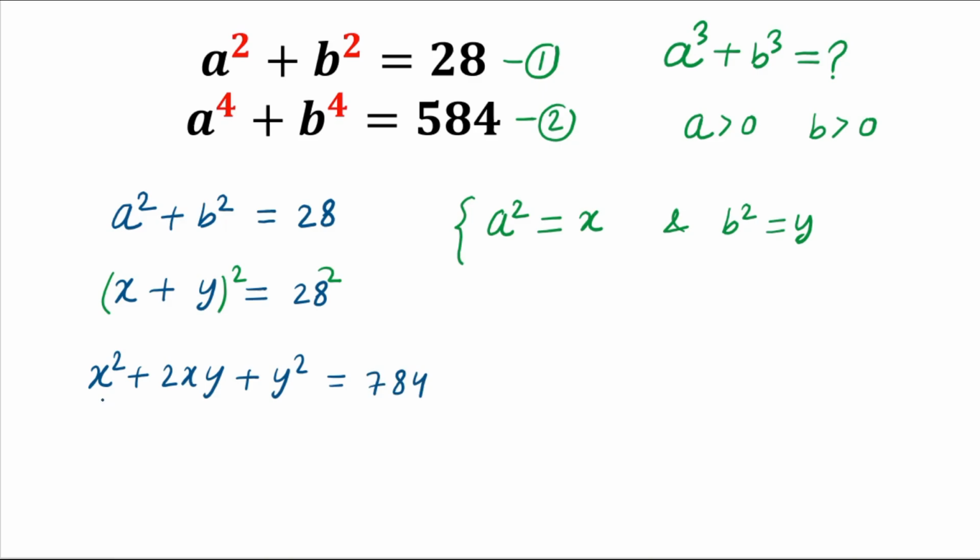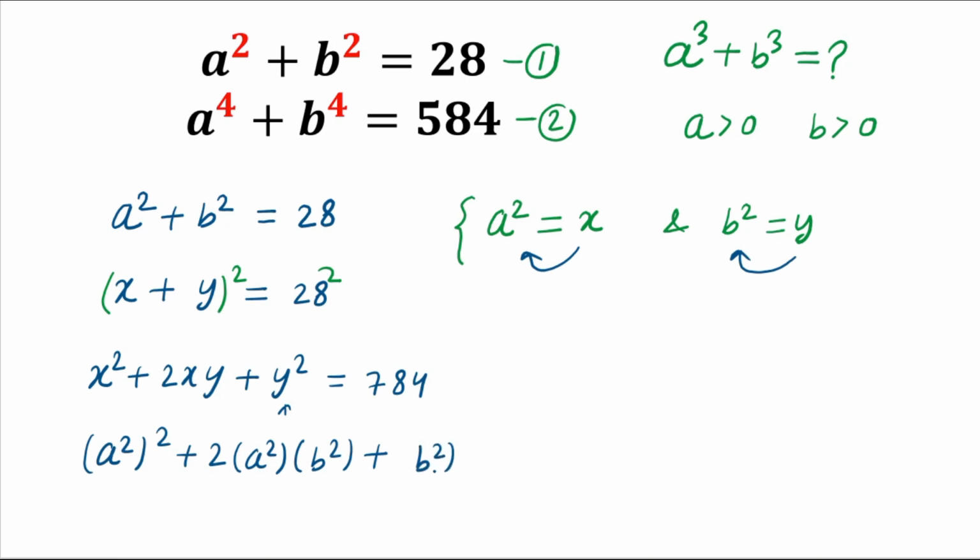Now x is replaced by a square, so here (a square) power 2 plus 2 times a square times b square plus (b square) power 2, this equals